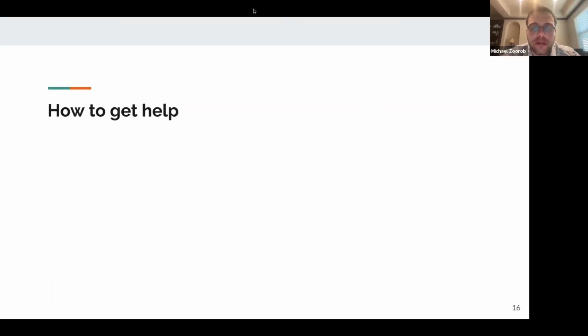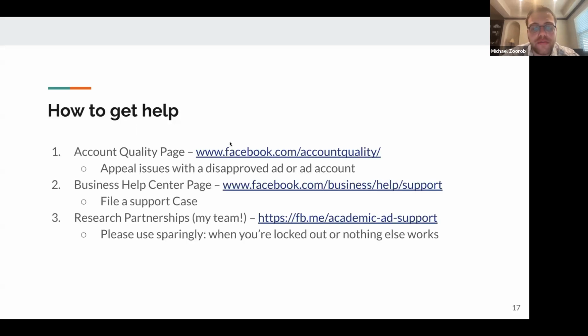So the third thing I wanted to talk about is how to get help. And so I'm going to talk about three kinds of ways to get help if you encounter issues with Facebook ads. So here I'm mostly thinking about logistical issues where either your account is, in your view, falsely flagged for a policy violation, or there's some feature that you believe you're doing everything right to access. So the example Aikut described is a pretty good example of this. I'm trying to verify my identity to access SEEP authorization. I took a picture of my passport, and Facebook just said, no, we don't recognize this passport, and you're just blocked. So these are the kinds of things that we often can help with.